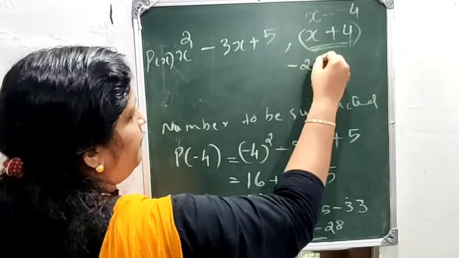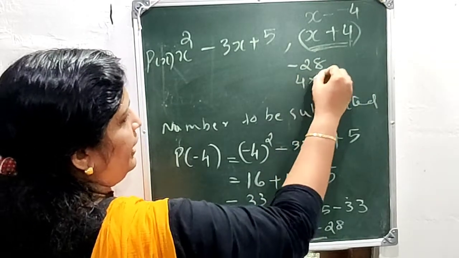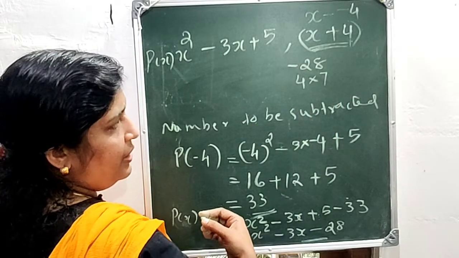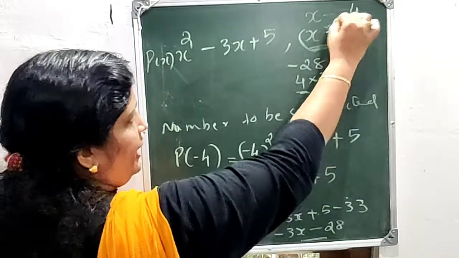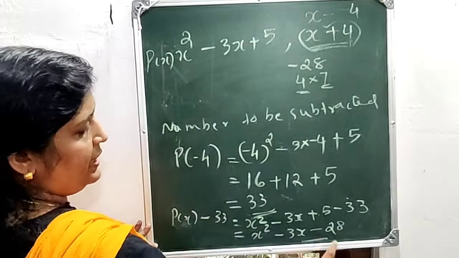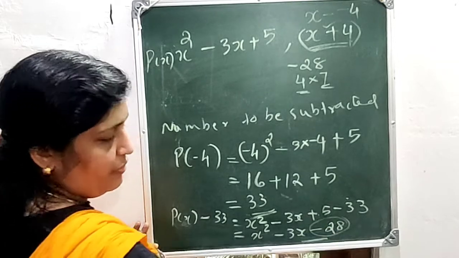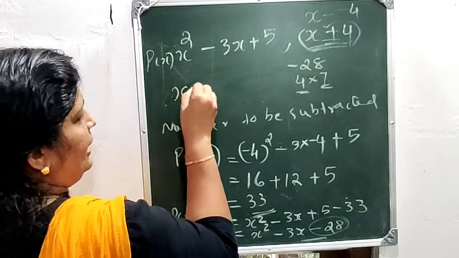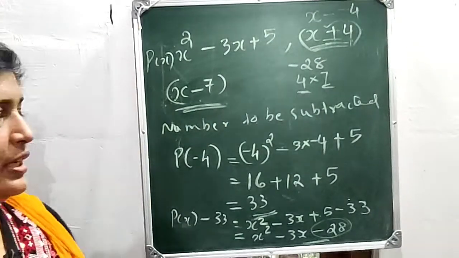We are going to find out the factors of 28. Which are the factors? 4 and 7. Right? 4 into 7 is 28. 4 sevens are 28, 7 fours are 28. So we can take 7 and 4. 4 is already a factor. Then for the second factor, one number should be positive and another number should be negative, then only the product is negative. So here we have x plus 4 is a factor. Then the second factor is equal to x minus 7.